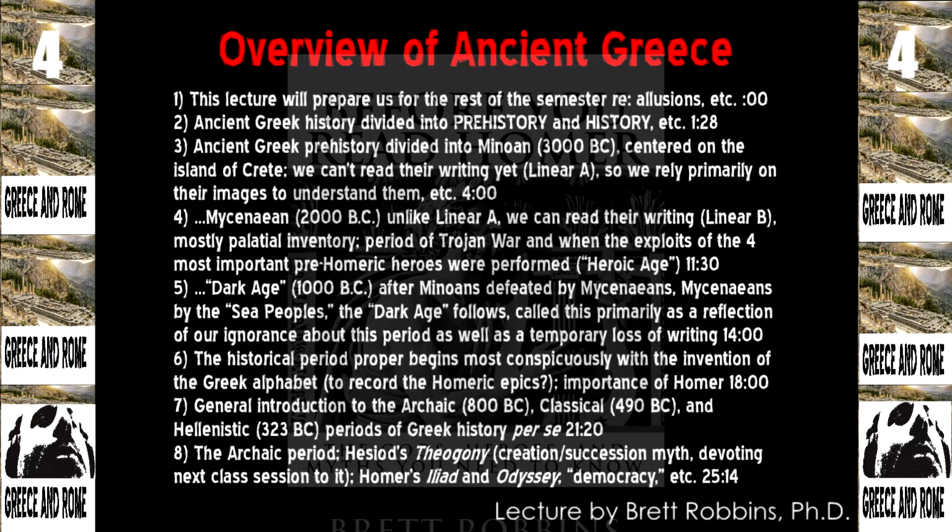This work, called the Theogony, the etymology of it is Theo has to do with gods, and Goni has to do with the generation or birth. So it means the birth of the gods, the genealogy of the gods, where the gods came from. But it does more than that. It also goes back further than the gods. And when we say gods in this class, gods and goddesses, we're talking about the Olympians, the 12 Olympians. As you'll see next time, we're going to differentiate between gods and goddesses, deities, and entities.